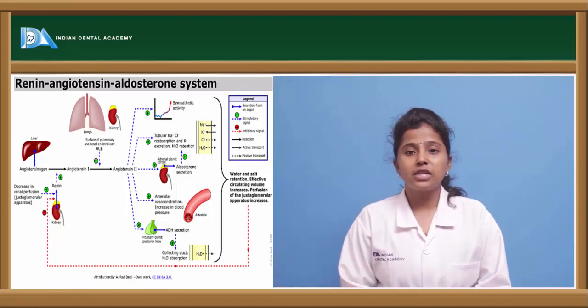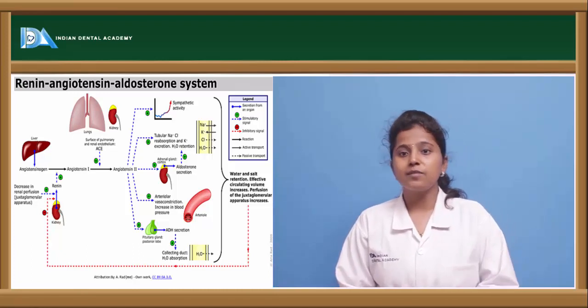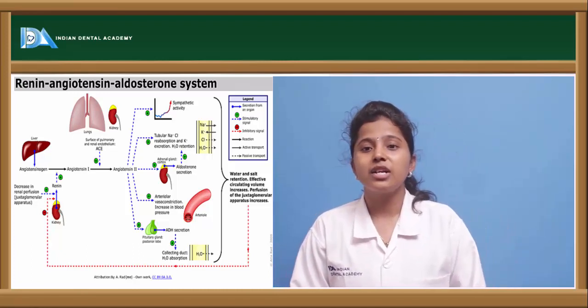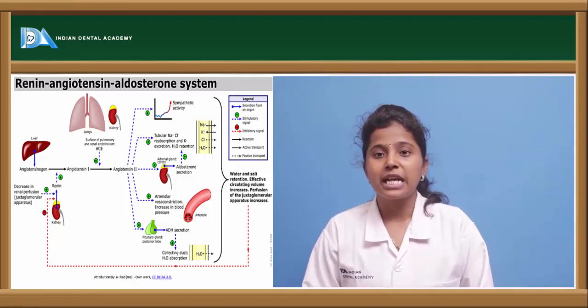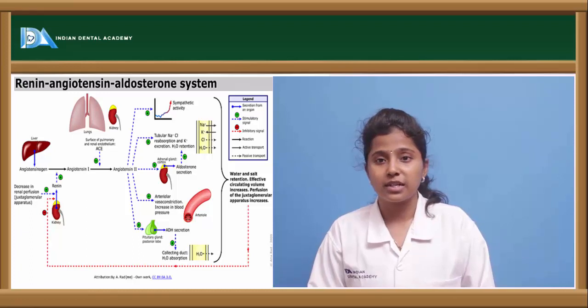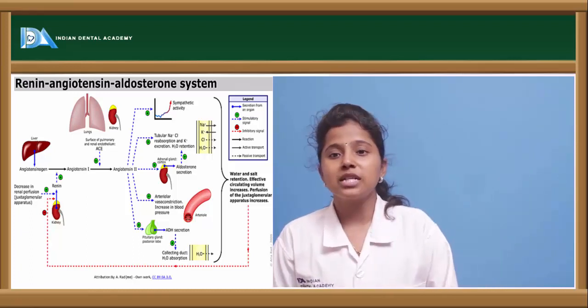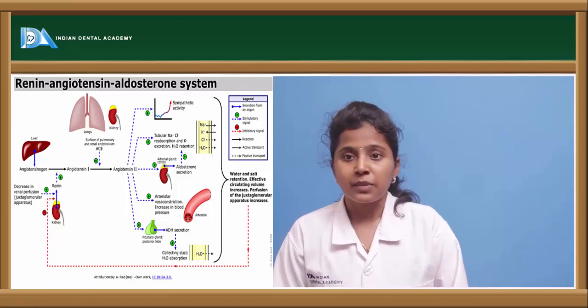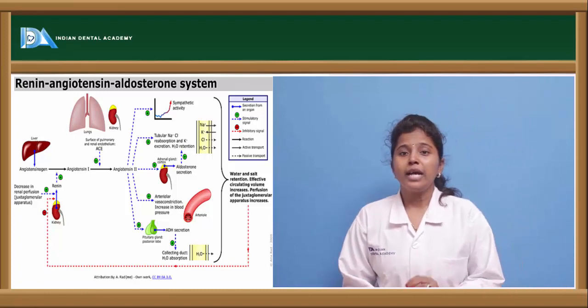When angiotensinogen is released into the body system, the kidney releases renin. Renin is a proteolytic enzyme which converts angiotensinogen, the inactive form, to angiotensin 1. Angiotensin 1 is a potent vasoconstrictor, and angiotensin 1 is converted to angiotensin 2 in the presence of